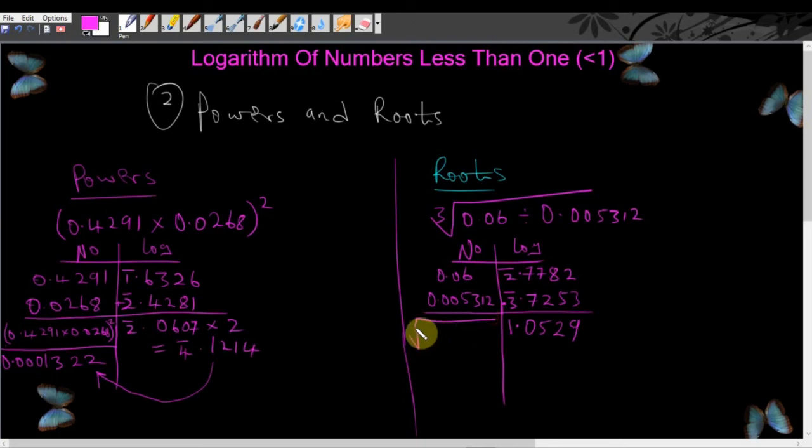Let's repeat it here. This cube root, this 0.06 divided by 0.005312. This is simply going to be divided by 3. If you divide this whole number by 3, what you're going to have is 0.35097. Now get the anti-logarithm to become the answer you're looking for. The anti-logarithm of 0.35 under 0 different 9. You might not really consider this 7. Just look for 0.35 under 0 different 9. You have